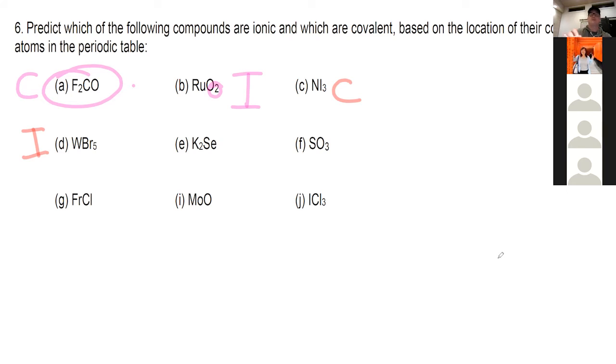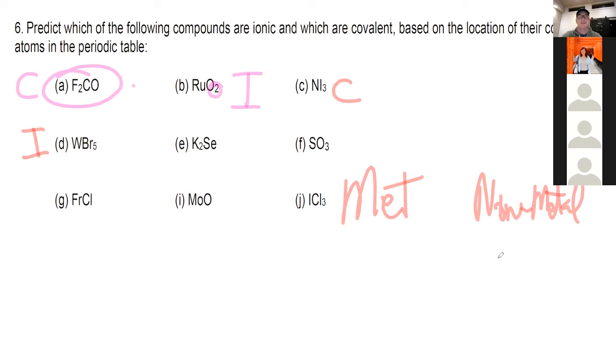Right. Yeah. So you always put the metal first. So the metal goes first, and then the non-metal goes second. And the nice thing about the non-metals is we always know what their charge is going to be. So it's either going to be -3, -2, or -1. So the group 7 are all going to be -1. Group 6 are going to be -2, and the group 5 are going to be -3